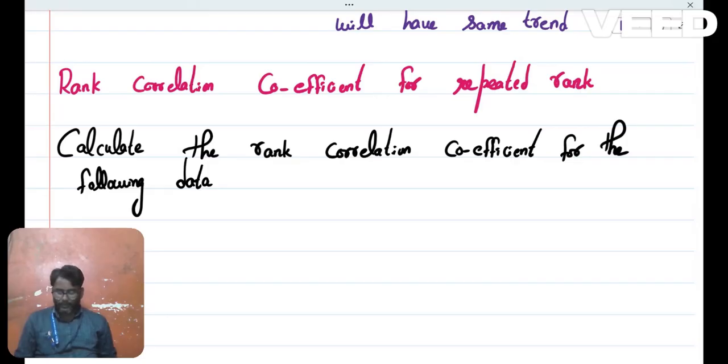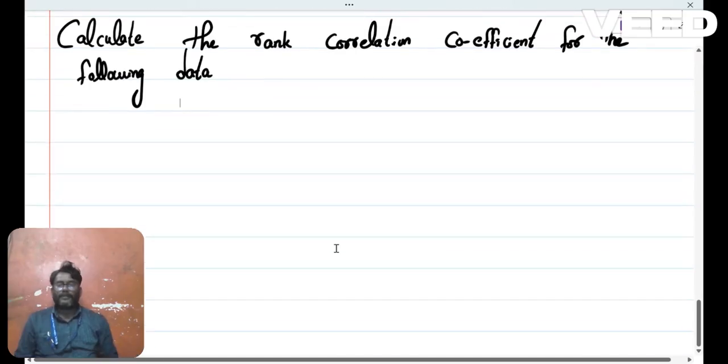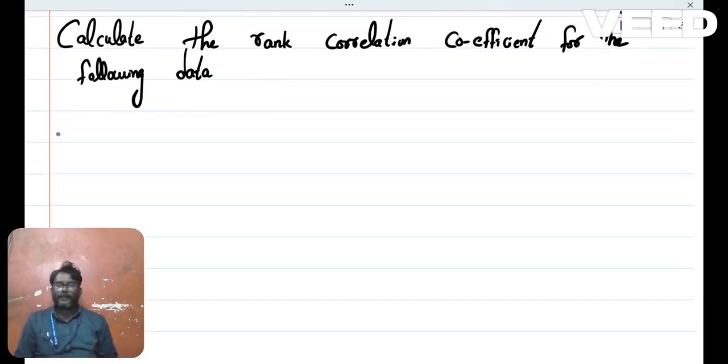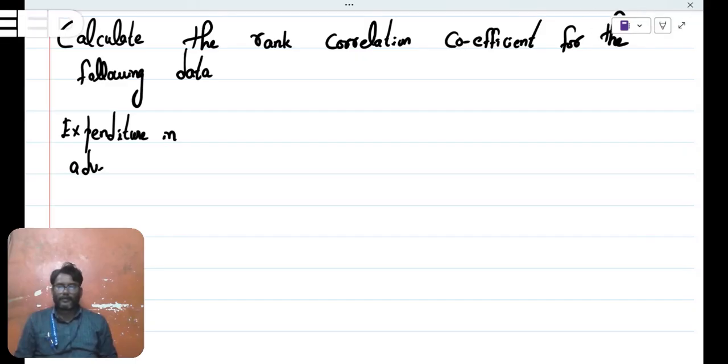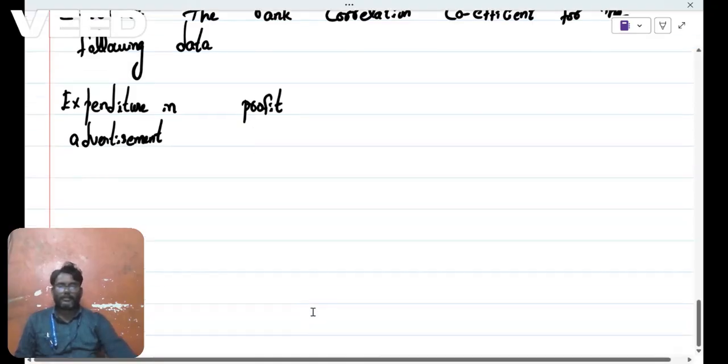Okay. So the data will be excess expenditure on advertisement. Write in the column expenditure in advertisement. Next will be profit. And the data are